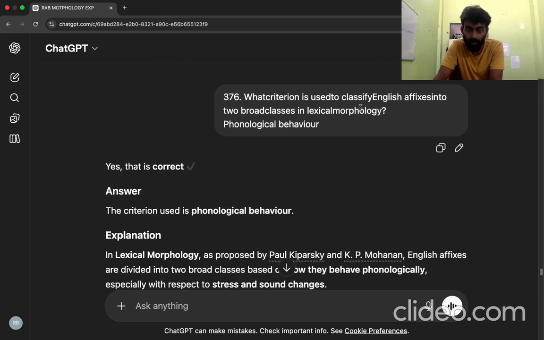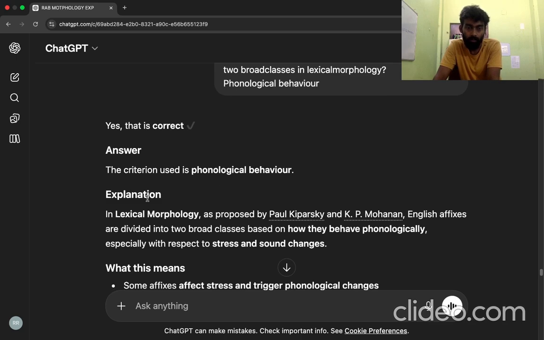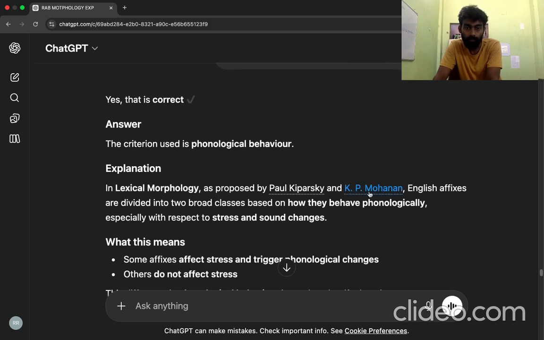Now, what criterion is used to classify English affixes into two broad categories in lexical morphology? It is the phonological behavior. Yes, that is correct. Answer. The criterion used is phonological behavior. Explanation. In lexical morphology, as proposed by Paul Kiparsky and K.P. Moynihan, English affixes are divided into two broad classes based on how they behave phonologically, especially with respect to stress